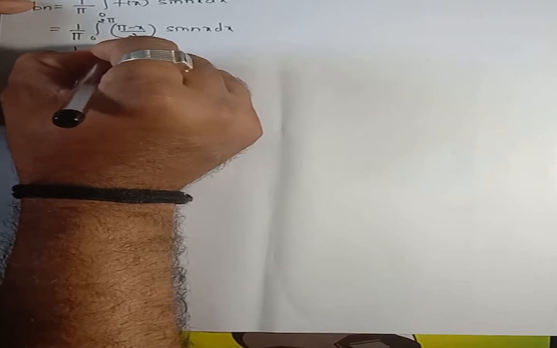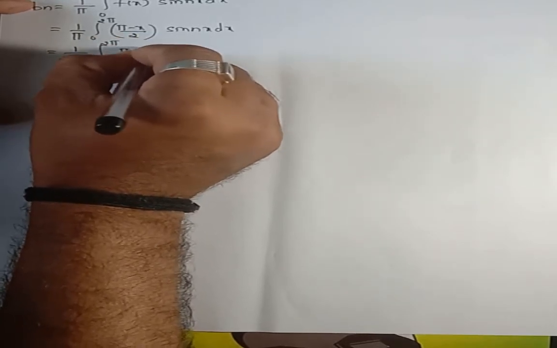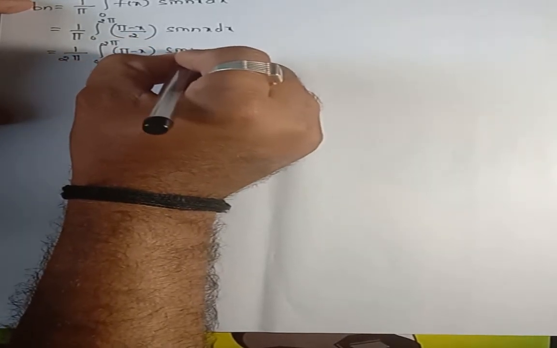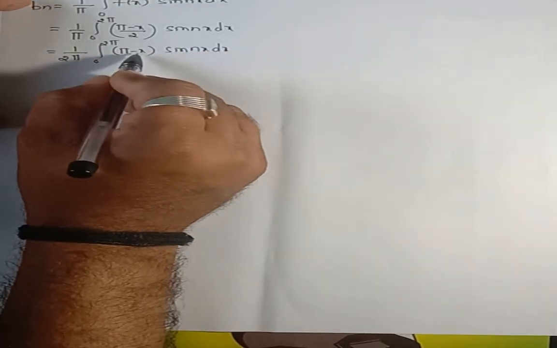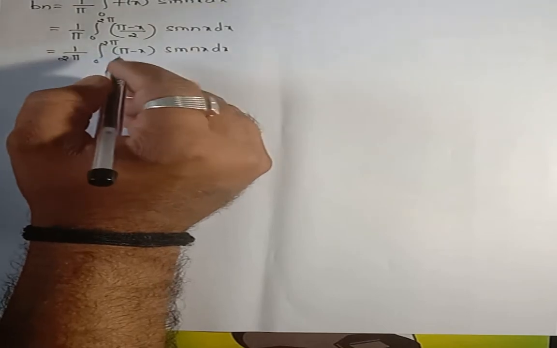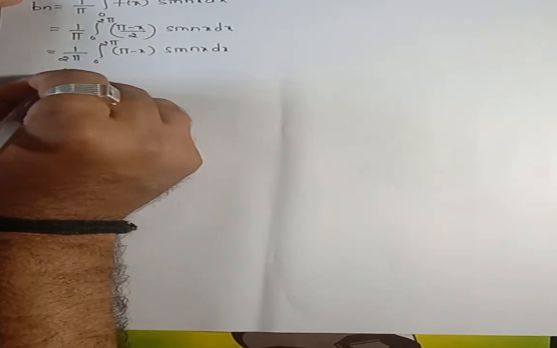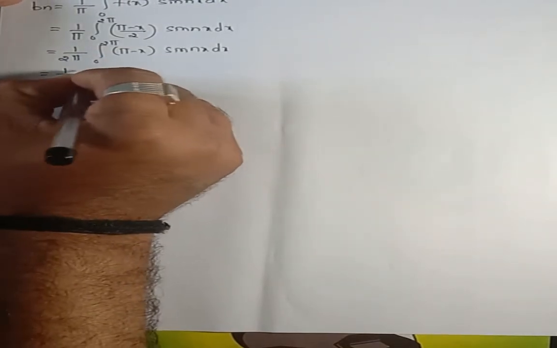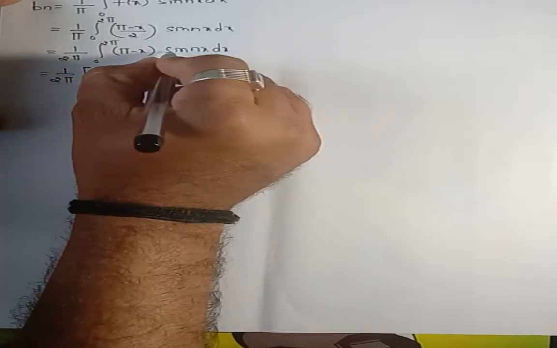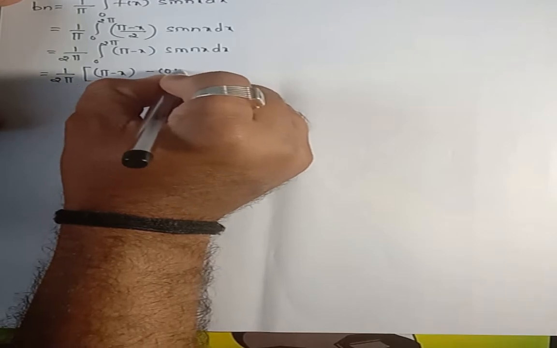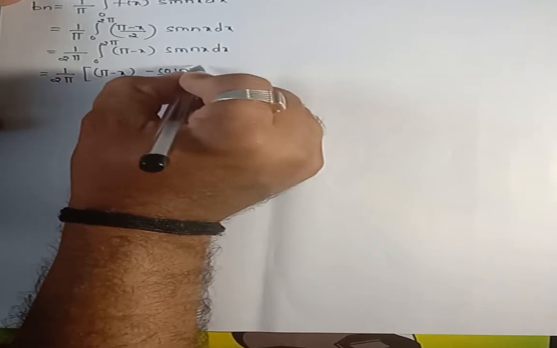Integration 0 to 2 pi, (pi minus x) into sin nx with respect to dx. Again it looks like a product of two functions, apply Bernoulli's rule. So 1 divided by 2 pi. First function as it is, pi minus x, integration of sin is minus cos nx divided by n,